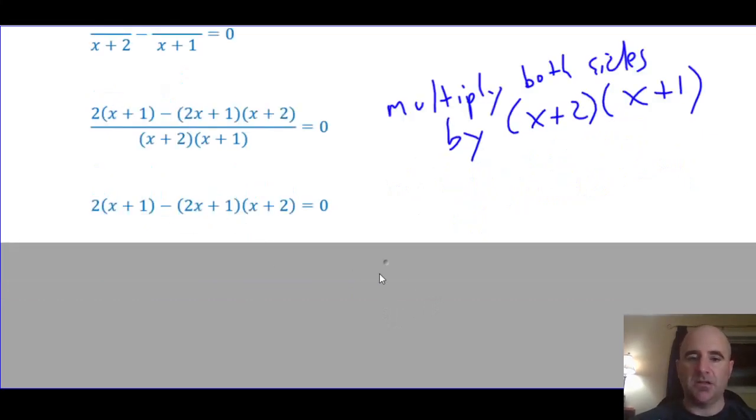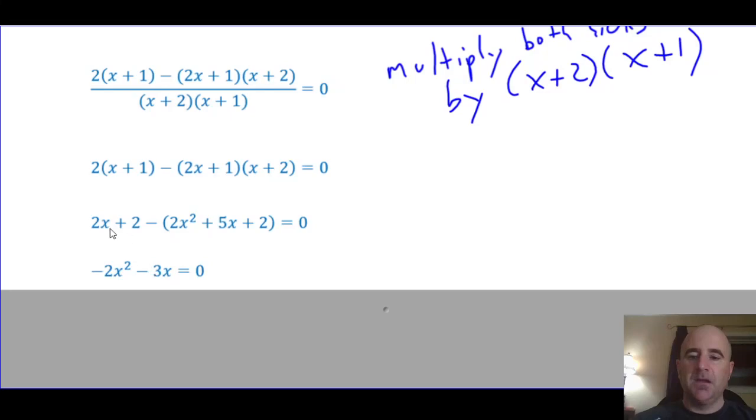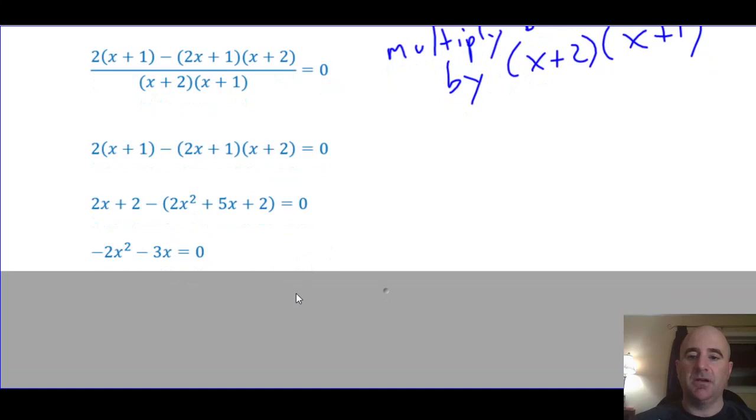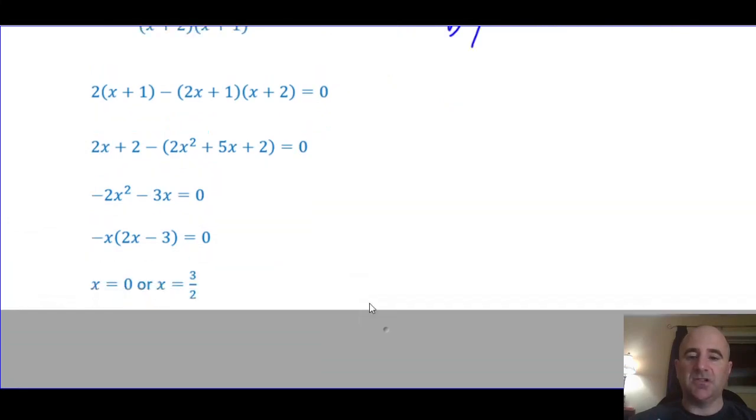This is actually, if you look at it, it's a quadratic equation. Multiply by 2 here, and then use FOIL here. So 2x times x, 2x times 2, 1 times x, 1 times 2. Okay, now be very careful here. You're subtracting the result of this multiplication, so you need to leave the brackets there to make sure that you do that correctly. The 2x, you'll have a minus 2x squared. You're going to have a 2x minus a 5x, which is negative 3x, and then 2 subtract 2 is 0. So I get 2x squared minus 3x equals 0. I can factor that, and I get negative x times 2x minus 3, which gives me solutions of 0 or